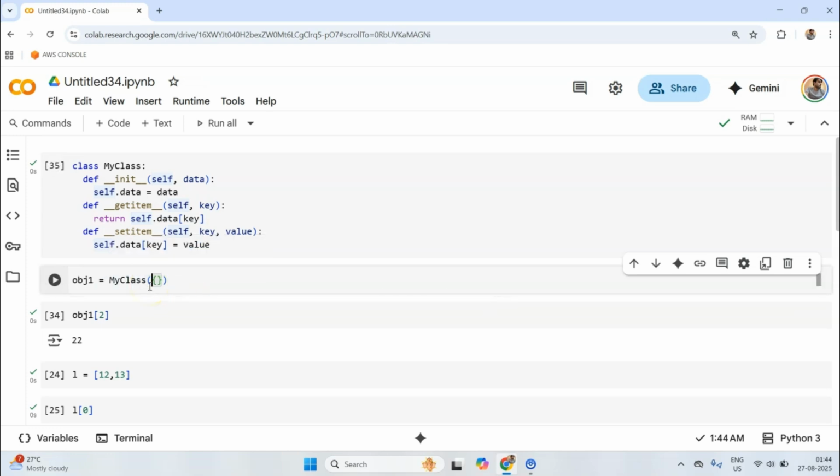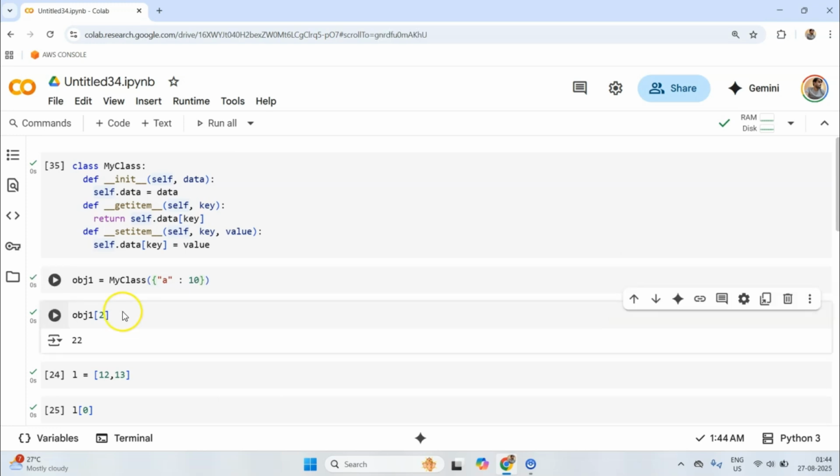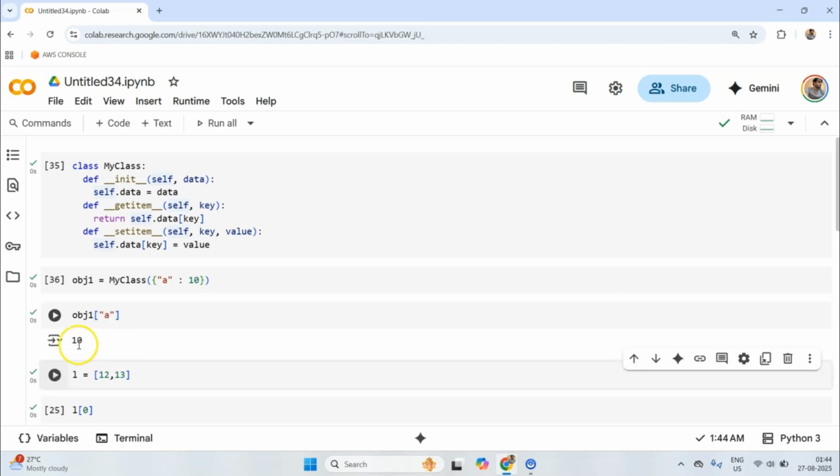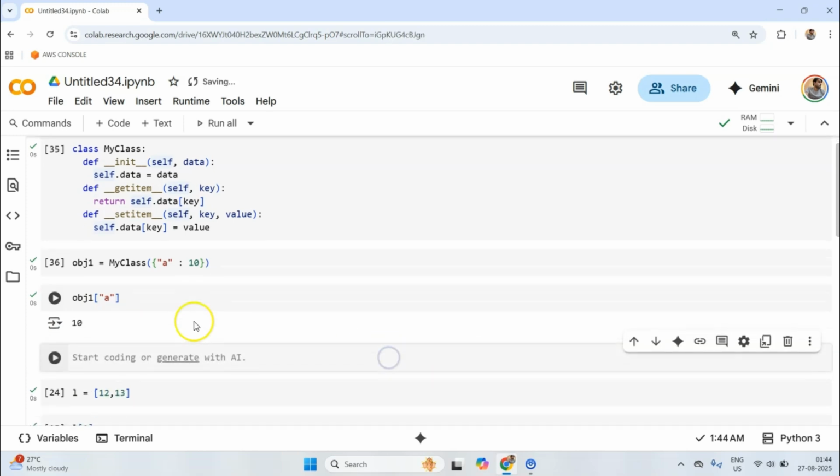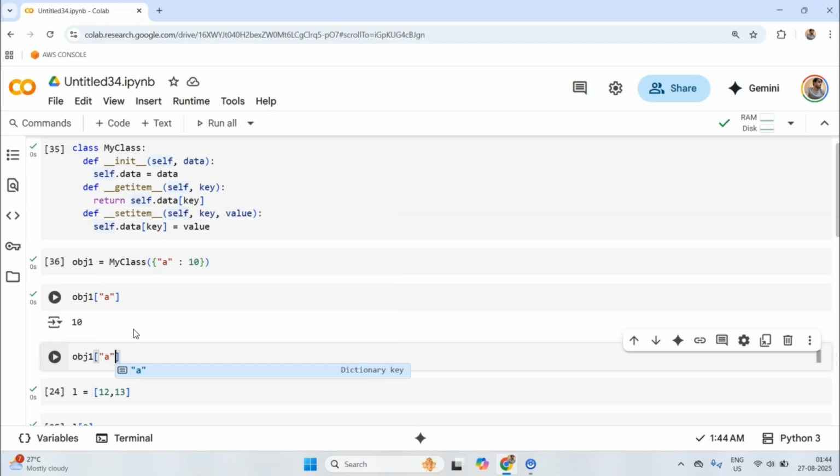So I'll pass one object with a as 10. Now let's try to get a, and now I'm able to get the 10 in return. And now let's try to set and update the value of object 1. So object 1 and a, and let's try to update it to 20.